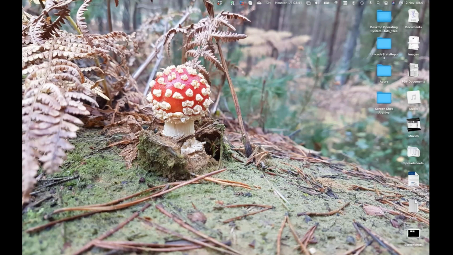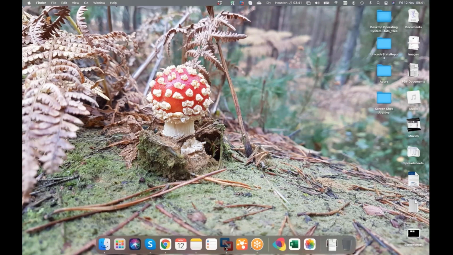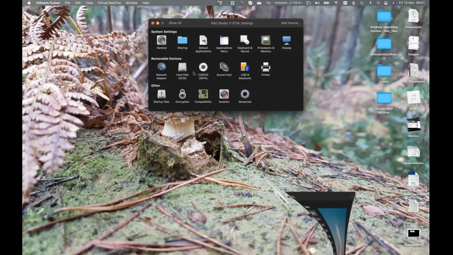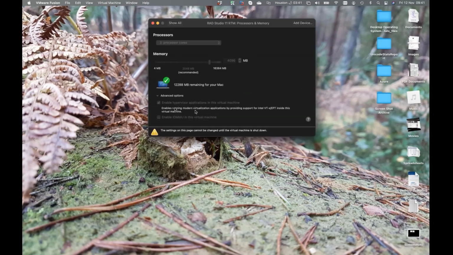Virtual Machine Library. I just want to show you some of the settings that would be required. So on the virtual machine, under the processors, you need to enable all hypervisor applications in the virtual machine. Now, I'm running on a relatively old MacBook, and I find that slows the VM down a little bit in terms of my experience, but it does enable me to run the Linux subsystem sitting on the new machines. It shouldn't be much of a major issue. So let's jump in here. I'm just going to reopen the IDE.